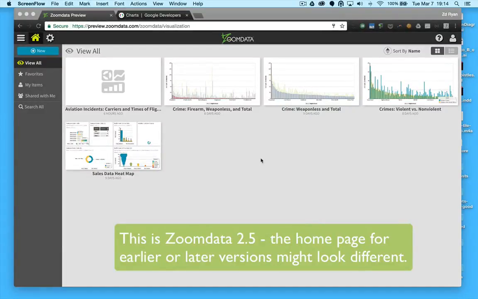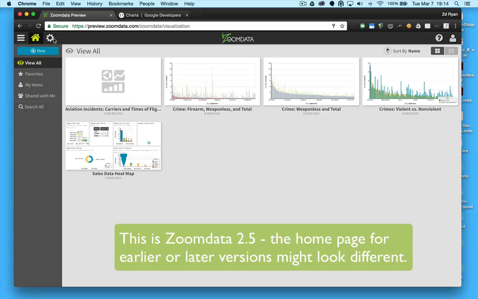Today I'm going to walk you through importing an already built chart. We're going to use an example from Google's chart library, and we're going to modify it so that it works with Zoomdata using the Zoomdata Chart Studio, so you can use it in all of your Zoomdata applications. The first thing we're going to do is open up Chart Studio after